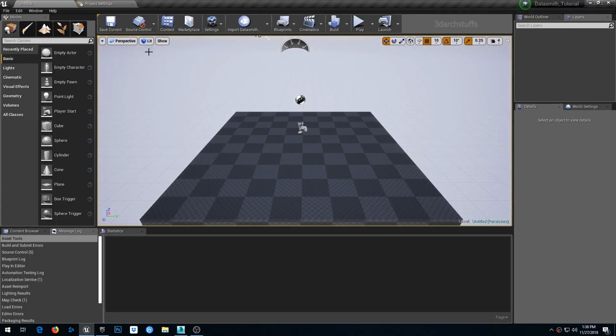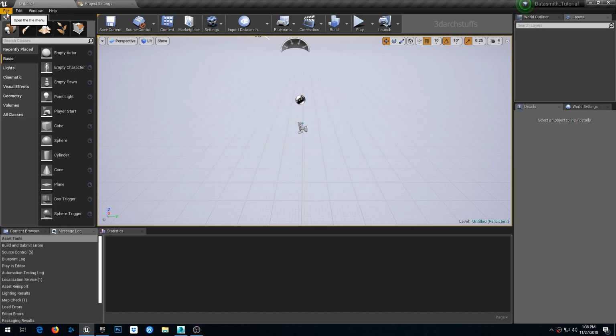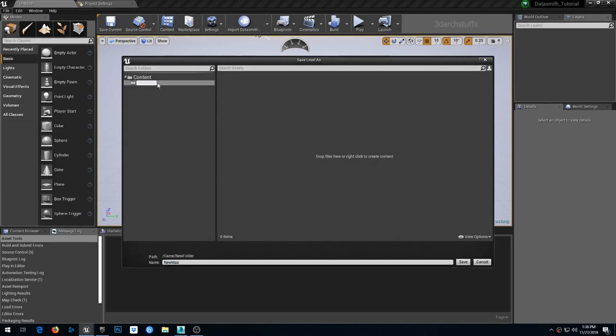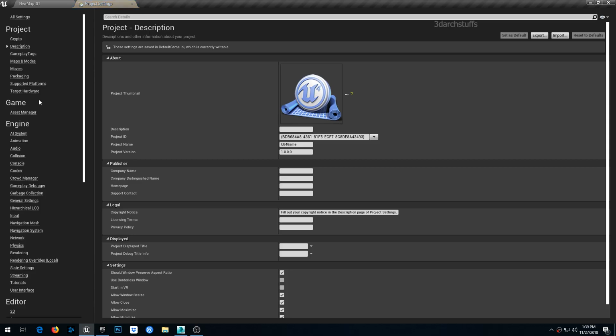So as you can see that the Unreal Engine has started Unreal Engine Studio project, and from here what we will need to do, the first thing is we just select this base object and delete it, and go in file and then click save current as, and then right click here and make a levels folder with the name of levels, and then here in new map just go ahead and underscore and name it new map 01 and save it, and then go here in edit project settings,